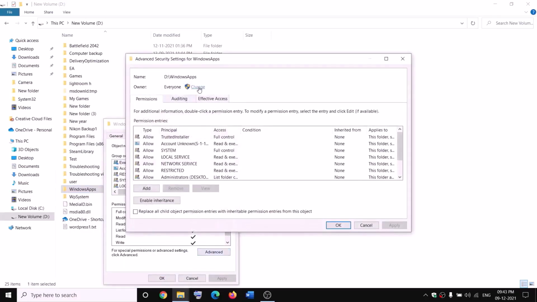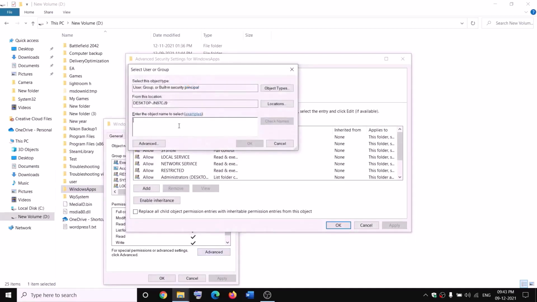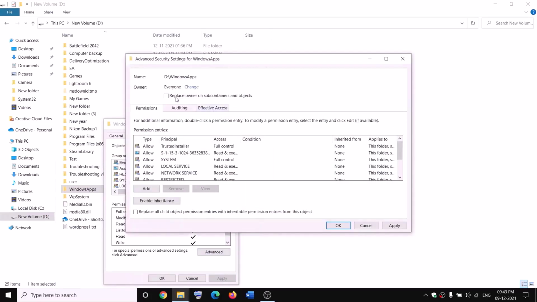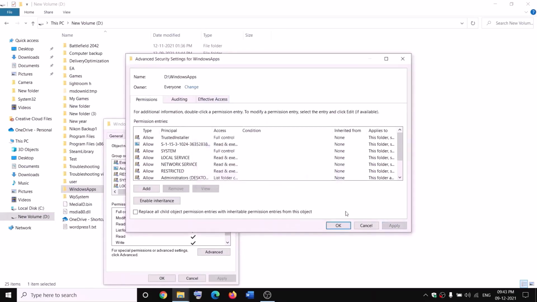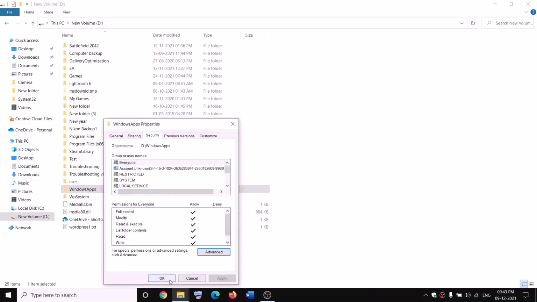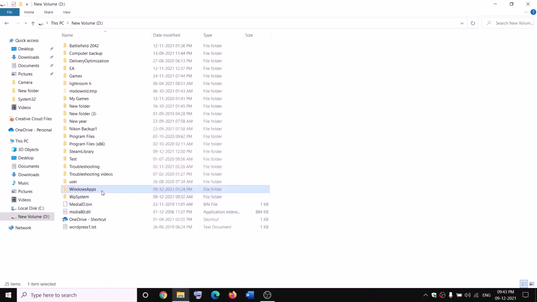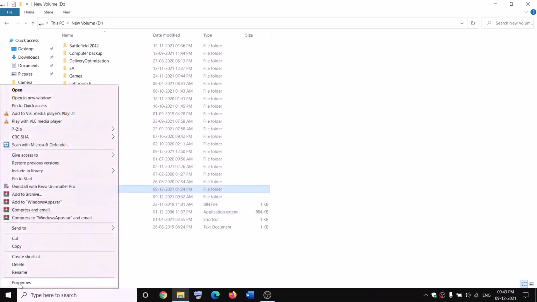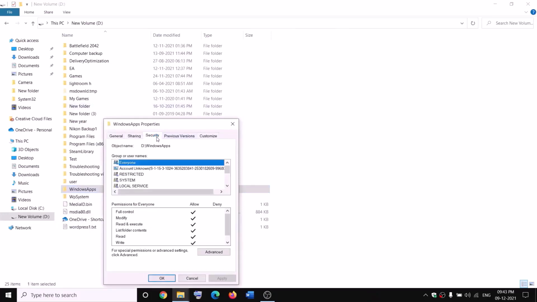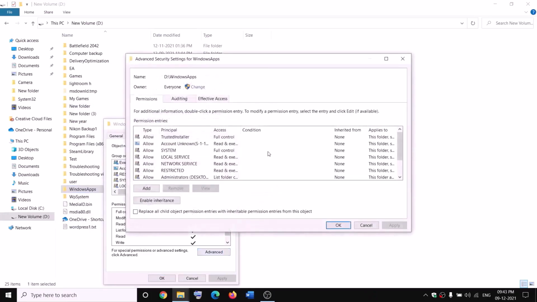Now click on Change over here, type in Everyone in the box. Now click on Check Names, then click on OK. Now put a check on the box which says Replace owner on subcontainers and objects and then click on Apply. OK, OK, again OK. Again right-click on WindowsApps, select Properties, Security tab, Advanced, and this time